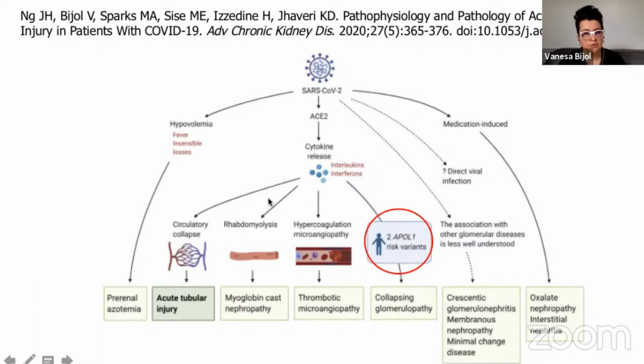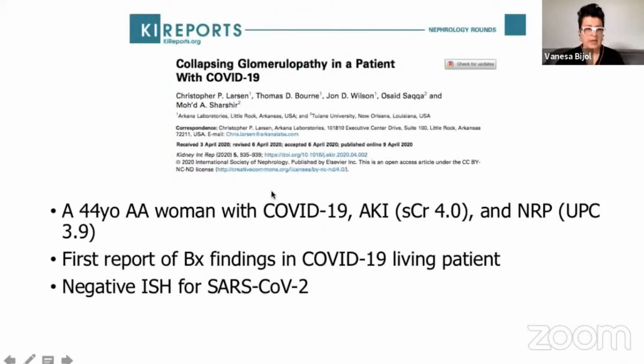which is in terms of the glomerular involvement and glomerular disease in COVID-19. We have been seeing mostly collapsing glomerulopathy, or actually that was definitely the most common lesion, particularly in Black patients with 2 APOL1 high-risk variants. Let me see, I'm trying to move my slides and they're not moving. Okay, here. The first report actually came from Chris Larson, and this was a 44-year-old African woman